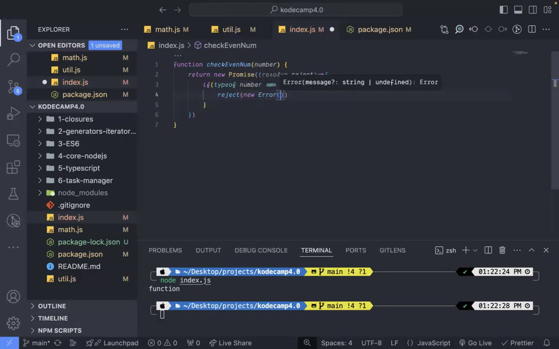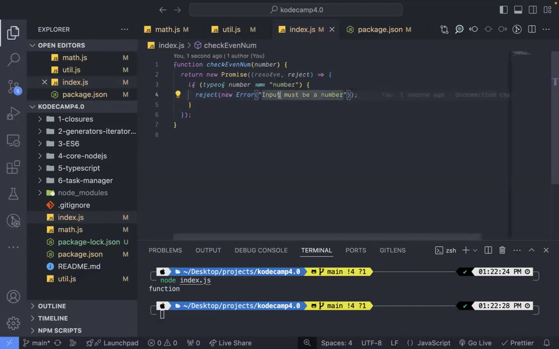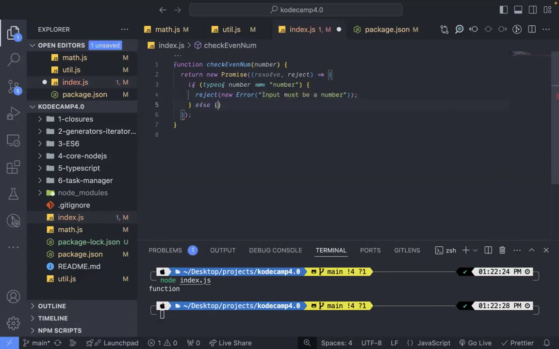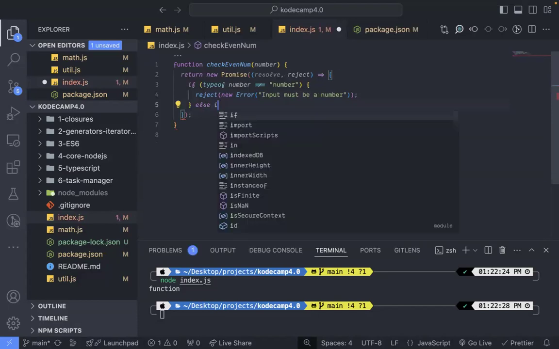What this error says is, input must be a number, and this is the function we used to demonstrate earlier. Then we say else if, like so, and then finally